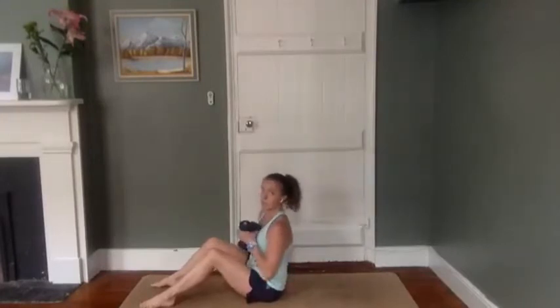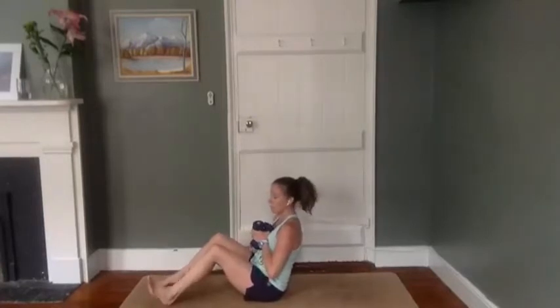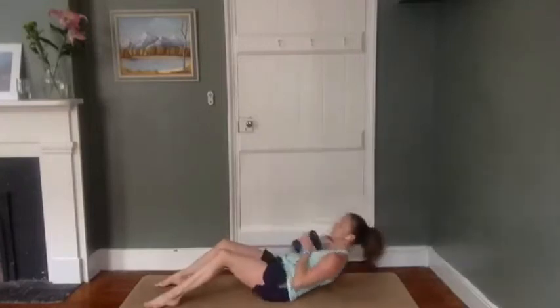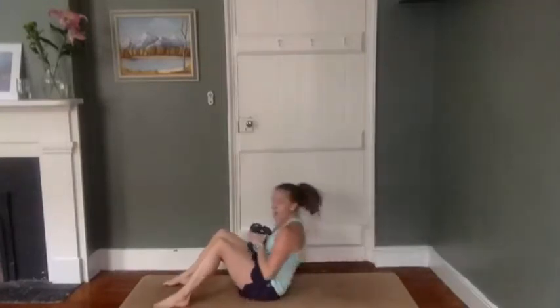Try to keep the weights close to the chest. Feet are flat or you're digging your heels in. Similar foot position to glides. What feels more stable for you is what I want you to go with. Start laying down from the belly. Here we go. Up for 10,